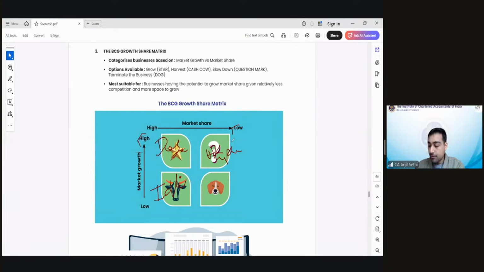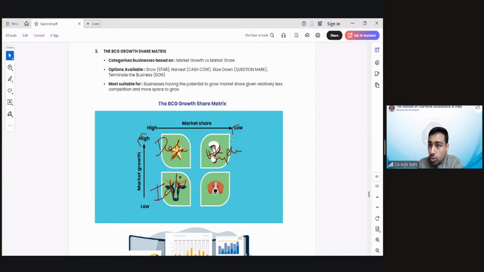The fourth product that you sell is vada, right? The medu vada. You sell vadas, but people don't like your vadas because they say it's a local shack. Who knows which oil you are frying your vadas in. Maybe people don't like deep fried and they don't know which oil you're using, or because you're a shop on the road, right? And people are very conscious about their health. They like South Indian food, but vada is too heavy, it's too oily. The market growth is very low, and your market share is also low.